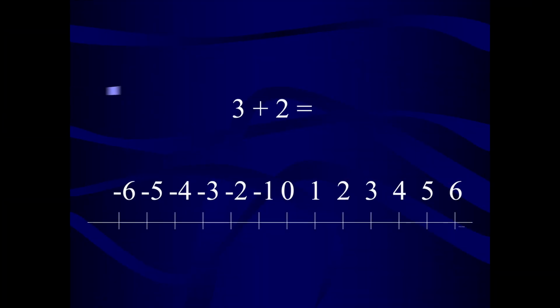3 plus 2 equals. From the 0 we go 3 places to the right because it's a positive number, and then 2 more places from the 3 equals 5. 3 plus 2 equals 5. 1 plus 5 equals 6. You move 1 space to the right of the 0 for the 1, and then you have to add 5 more from the 1, making it 6. They're both positive numbers. 1 plus 5 equals 6. You've now learned about positive and negative numbers today.